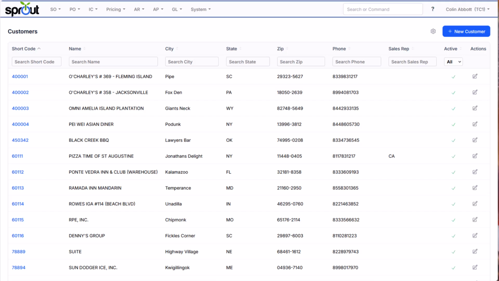A customer site represents a specific location for that customer, such as the store, warehouse, or distribution center. You can think of a customer site as the ship-to location or the child location. A single customer can have one or many customer sites. However, every customer must have at least one customer site. The customer site represents the physical location where product is delivered, even if the billing address and shipping address are